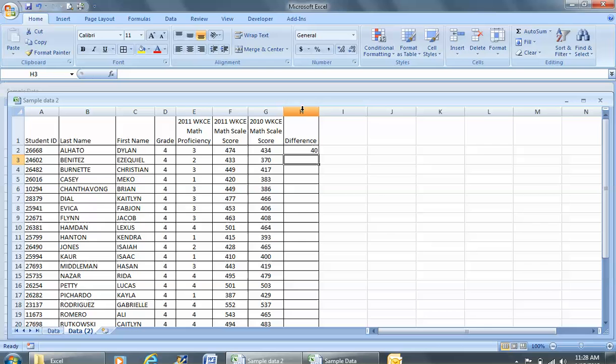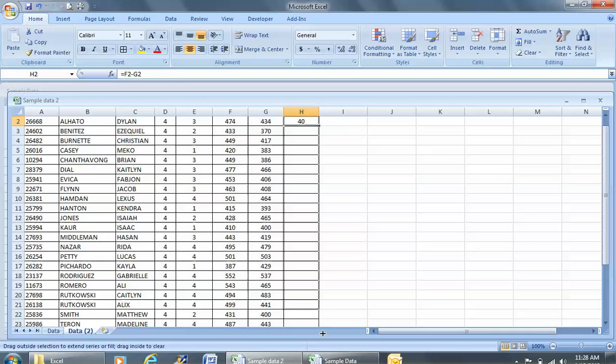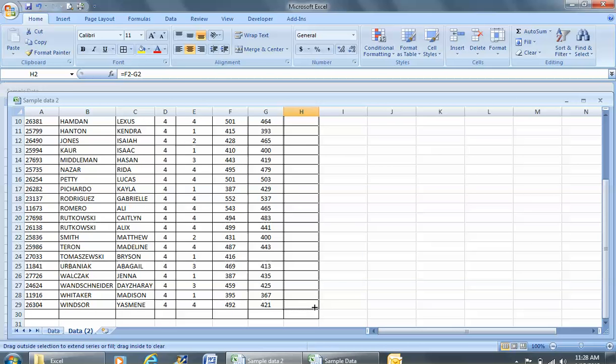And I can see right now that I'm not centered in this column, so I'm going to go back and center it up here. And then what I'd like to do is copy this to the rest of the sheet all the way down. So I'm going to take the bottom right hand corner and left click on that and pull it all the way down to the bottom of the sheet, or to the last number,